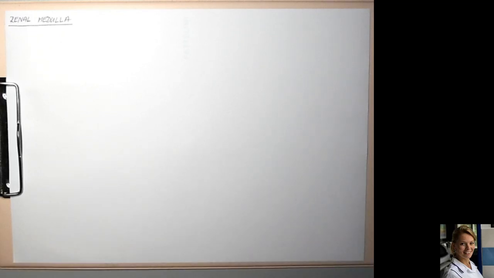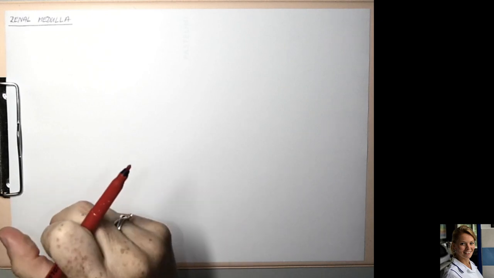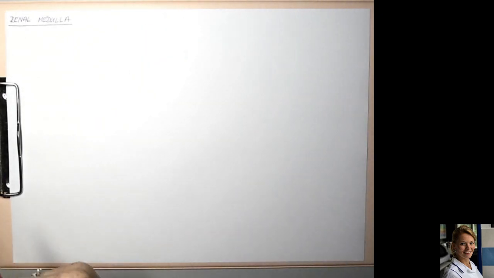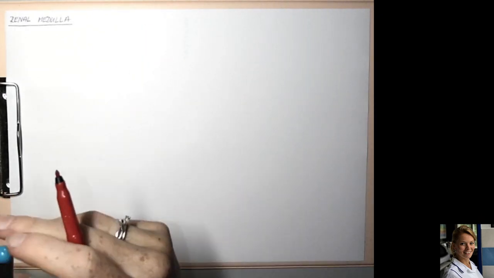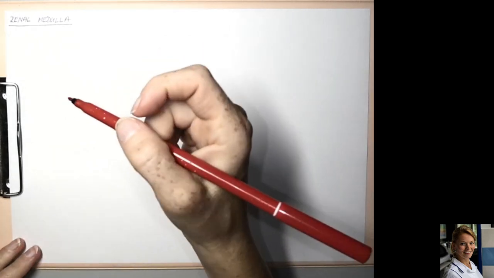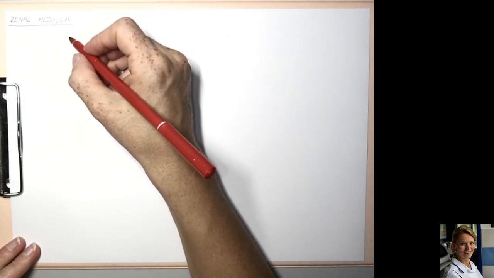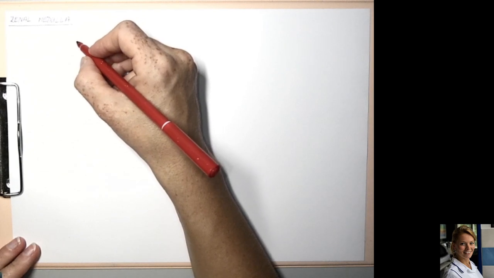Hello everyone, in this video we will draw and label the scheme of renal medulla. In the previous video we talked about parts of the nephron which are located in the renal cortex, concretely afferent arteriole,